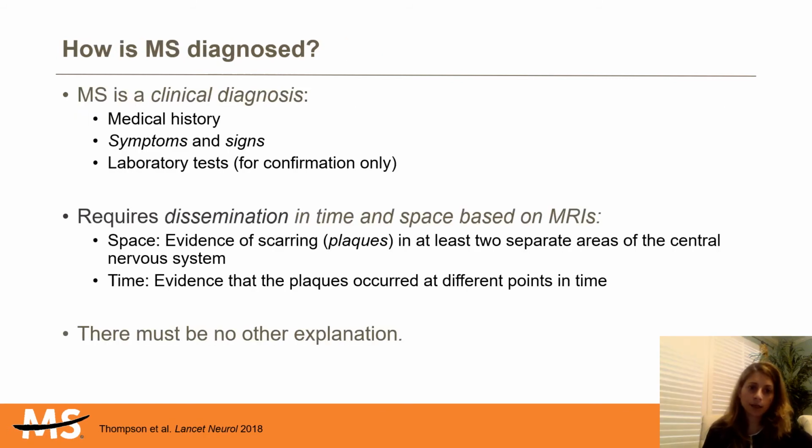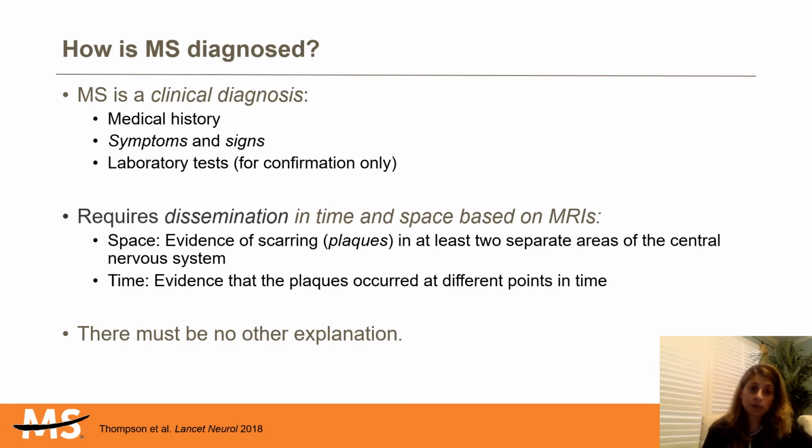So how is MS diagnosed? In multiple sclerosis, there's actually no single test to make the diagnosis of MS. It is basically a clinical diagnosis made based on the clinical history suggestive of multiple sclerosis relapses. It is based on the signs and symptoms that patients present with that have to correlate anatomically with their MRIs. It is also based on other supportive evidence such as spinal tap results and MRIs, again, including other non-involved parts.